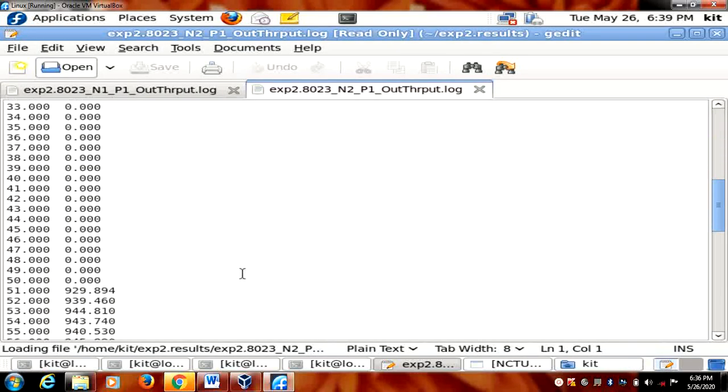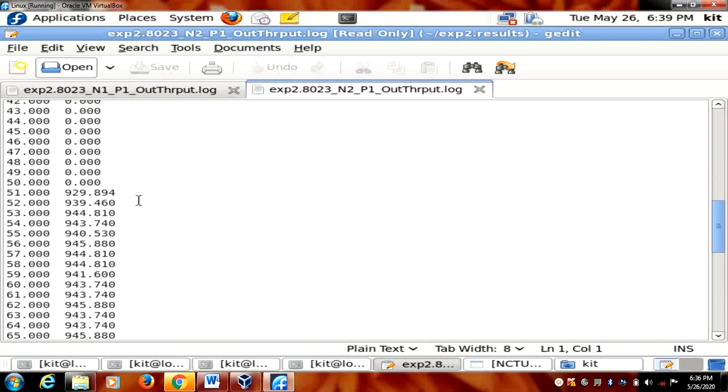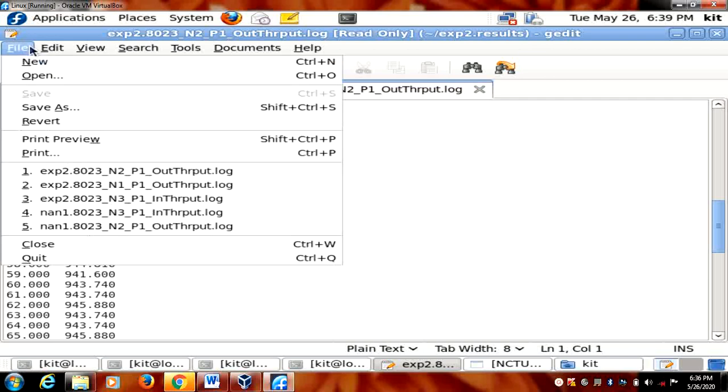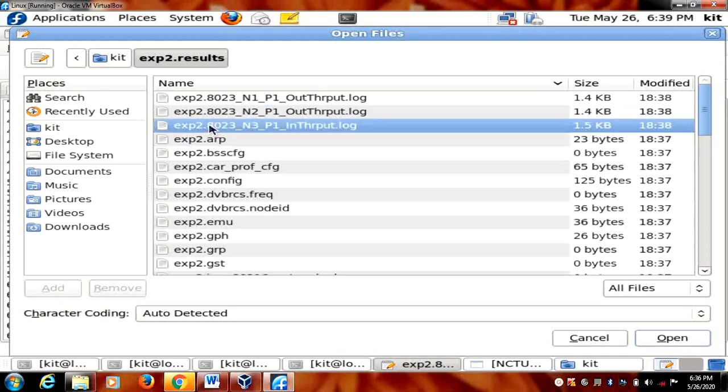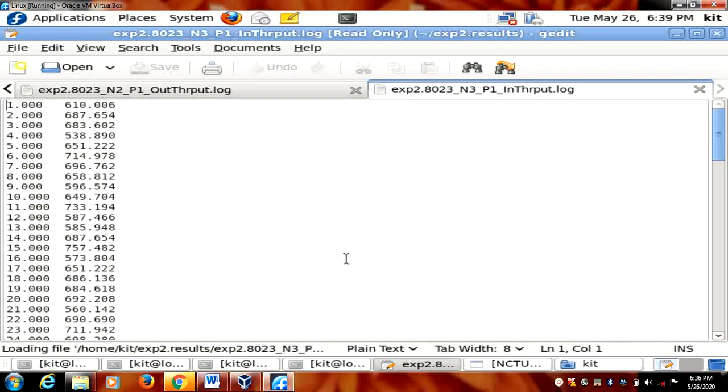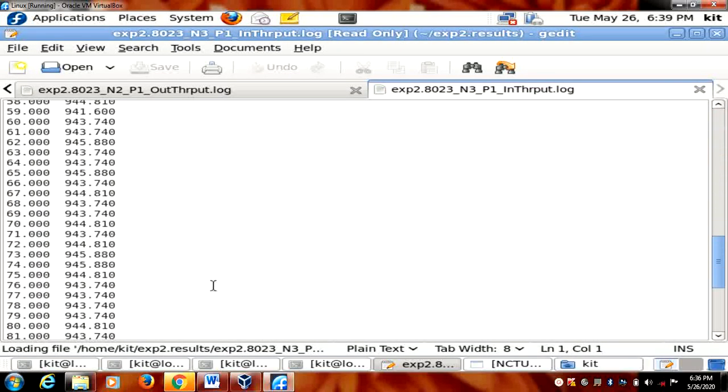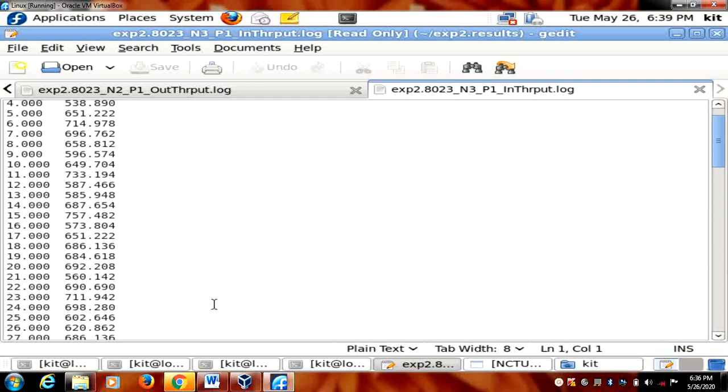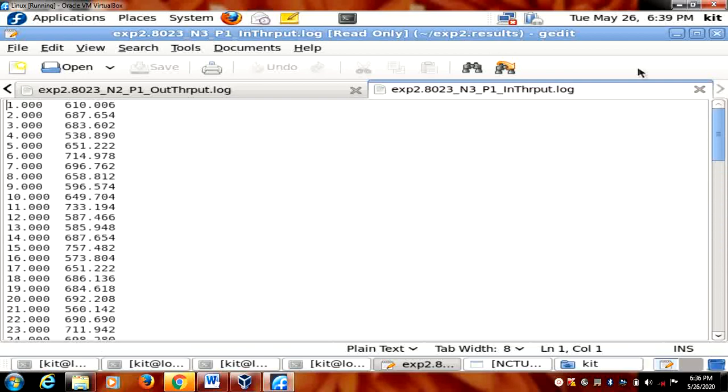So just see, up to 50 I am getting, it is reduced. In the 1000 range you were getting, now it's just 929. Okay, if you want to compare, go for N3 also, just verify it, you will get it. See, doing the same thing, no problem. You can tabulate 5 to 10 values, it's enough.